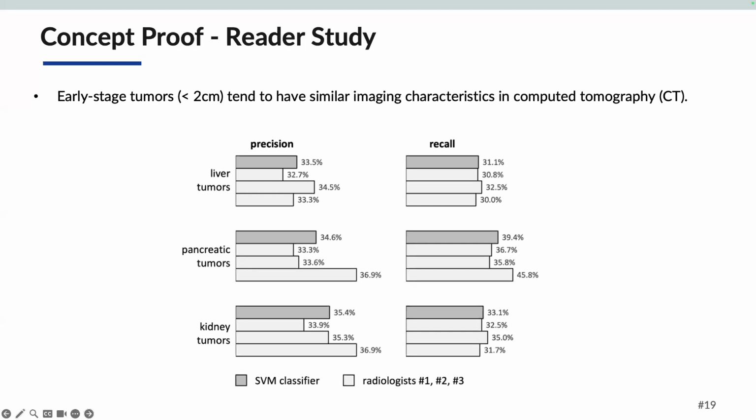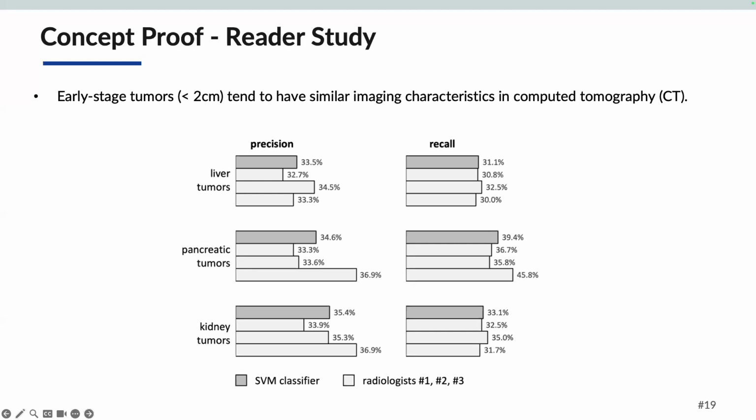As we can see in the results on these slides, 3 radiologists participated in the reader study. And the final results show nearly random precision and recall scores,